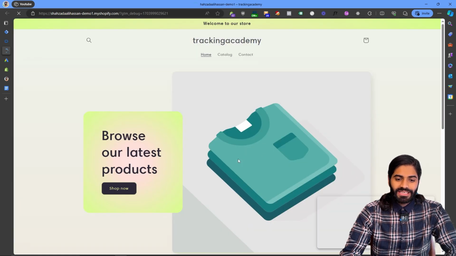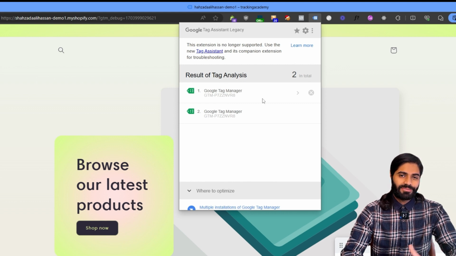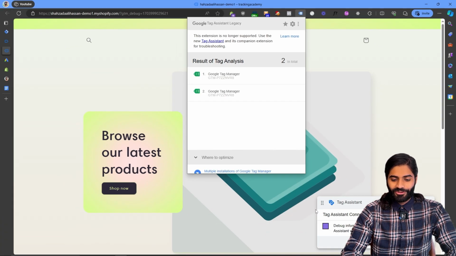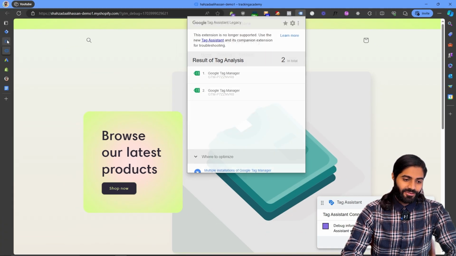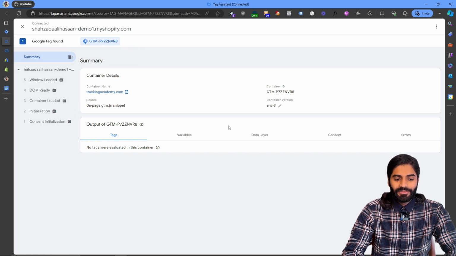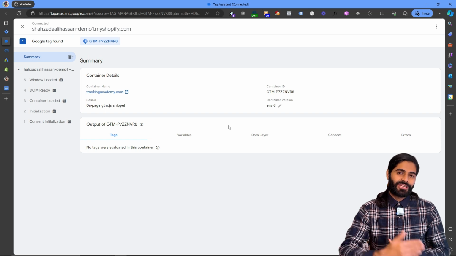Once the debug window is connected, you can use this Google Tag Assistant Legacy window to see that the Google Tag Manager container is properly firing on the website. The same information can be verified from this bottom left hand corner snippet, and also by visiting the debug window. Great, now we have successfully added the Google Tag Manager container, and now we can move to the next step of the video